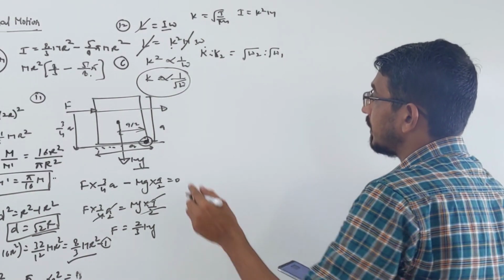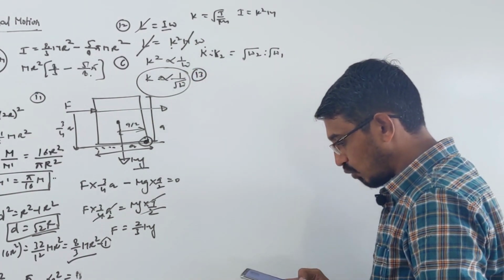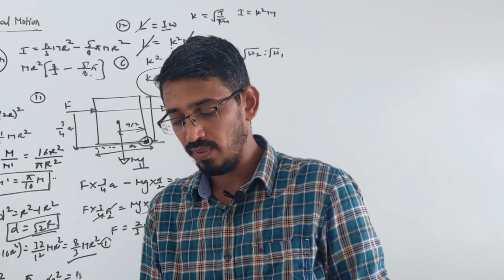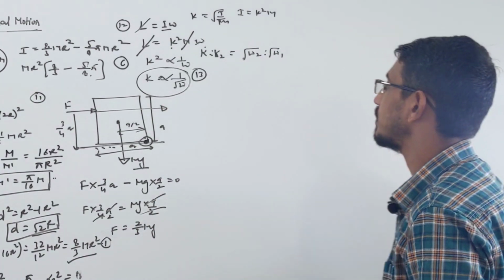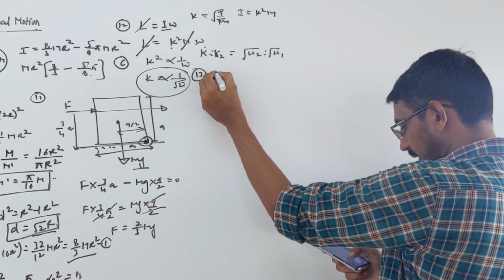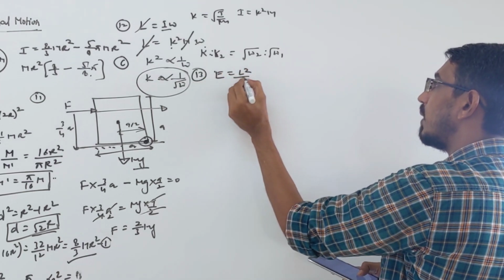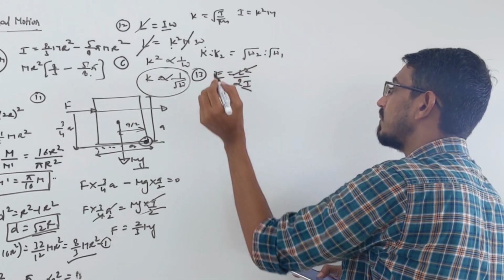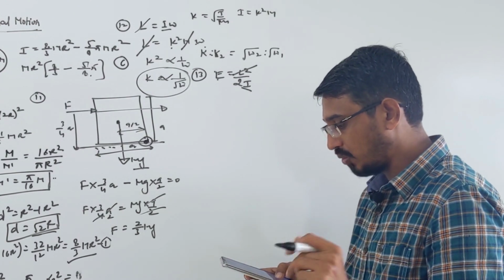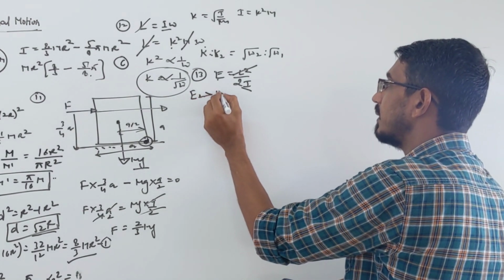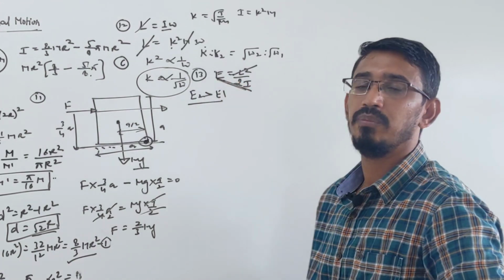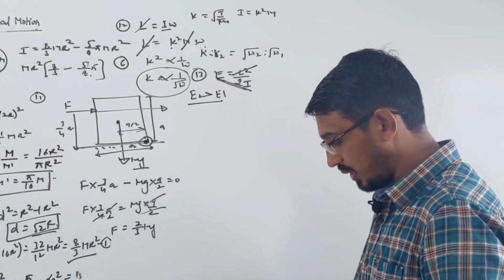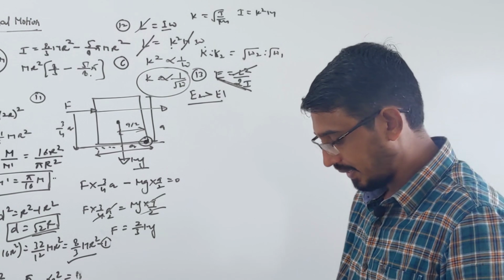Question number 13 we are doing now, and it says two bodies with moment of inertia I1 and I2, where I1 is greater than I2, have equal angular momentum. Then what is the kinetic energy relation? So it's a simple equation, angular momentum in terms of kinetic energy. Energy is L square upon 2I, correct? So angular momentum is given equal, then kinetic energy and inertia are inversely proportional. They said I1 is greater than I2, so energy E2 will be greater than E1, right? Moment of inertia is inversely proportional to energy when angular momentum remains constant. So question number 13, E2 is greater than E1 means the second option is the correct answer, right?